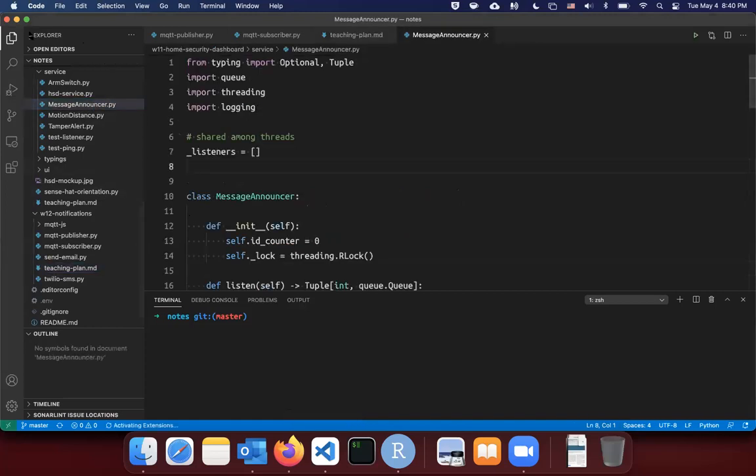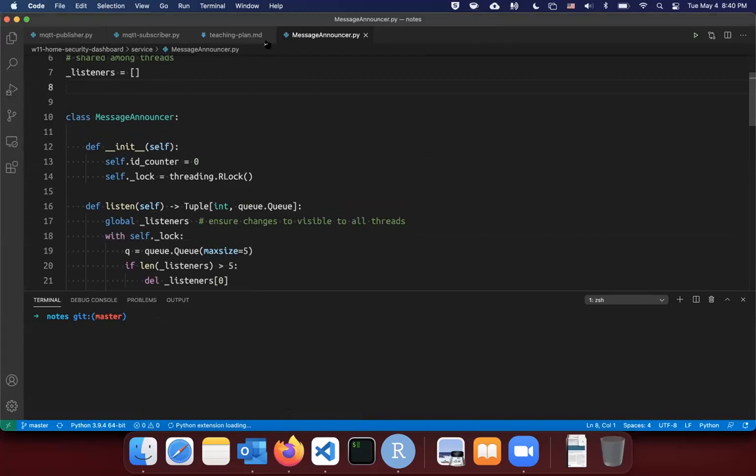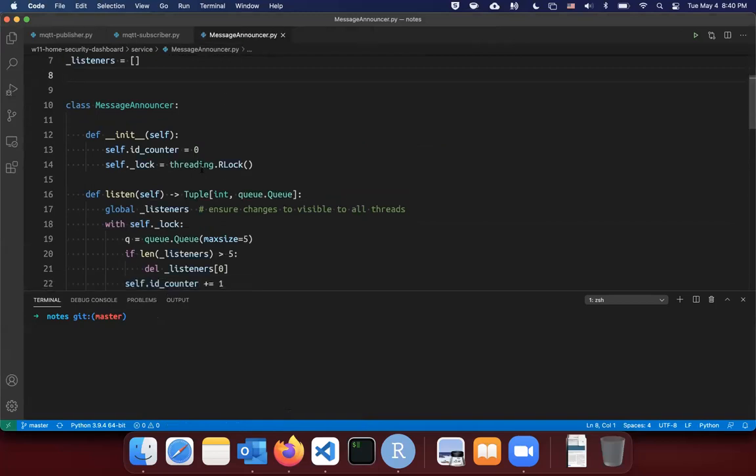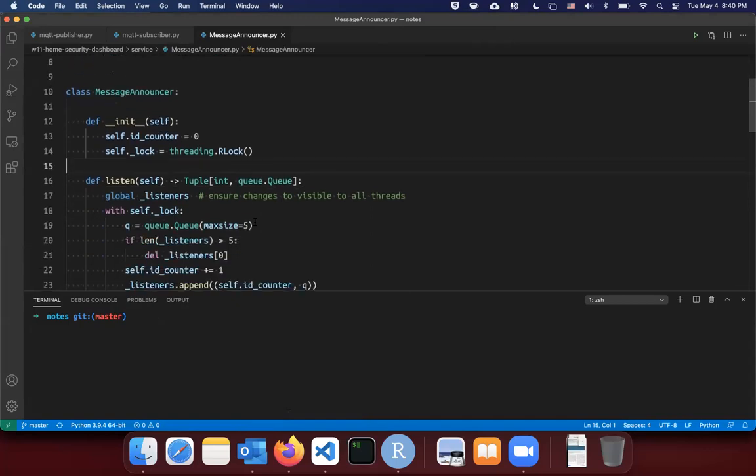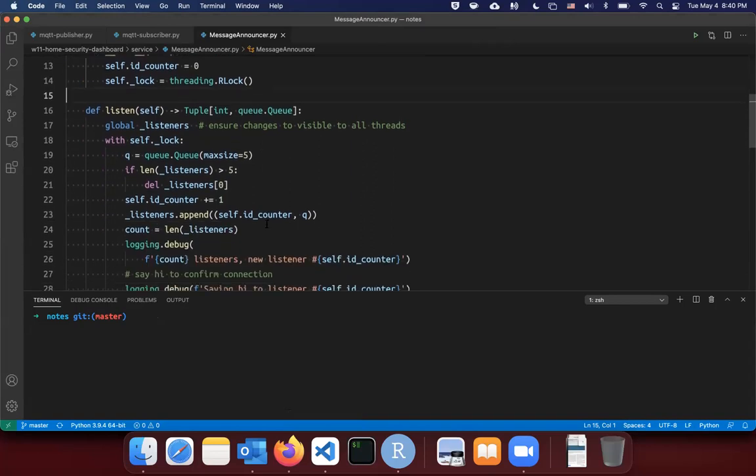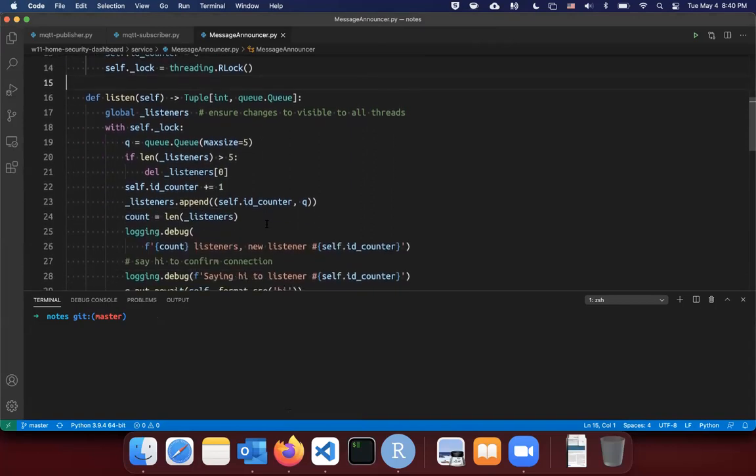If I open that up, you recall that we use a queue for each listener, and whenever we got a message to send, we add it to the queue of that listener, and we announce it to everybody,